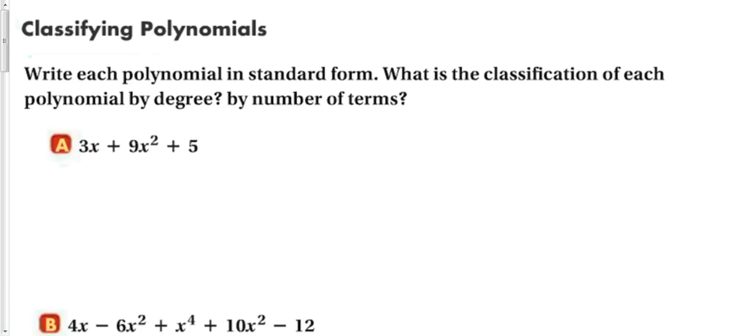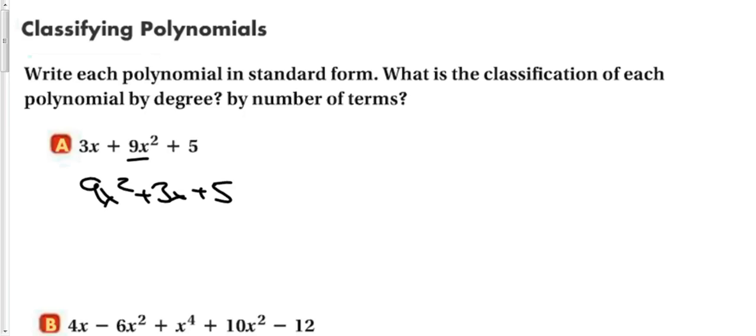So, write each polynomial in standard form. What is the classification of each polynomial by degree and by number of terms? So the first thing we're going to have to do when we write these in standard form is make sure that any like terms we add together, and we put it in descending order of degree. So the biggest degree goes first, and then we go down to the last one. So for part A right here, pretty simple. My largest degree is right there. So we write this as 9x squared plus 3x